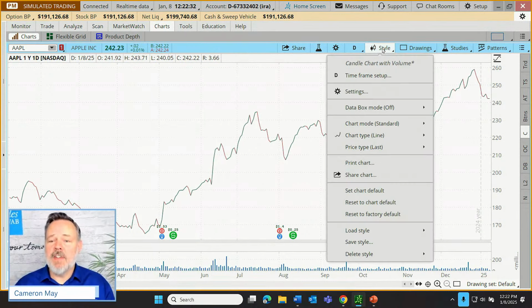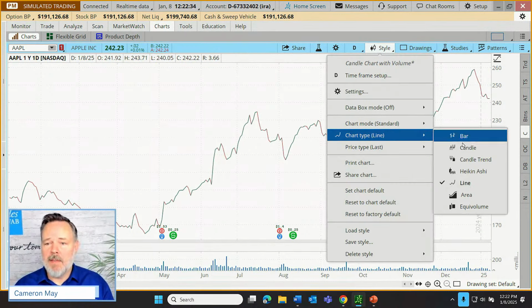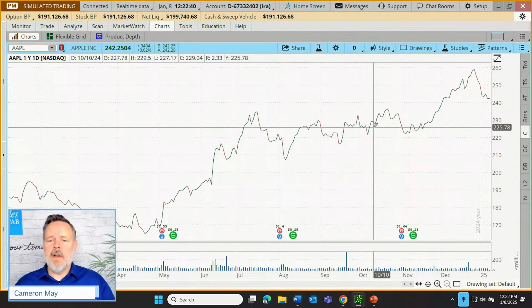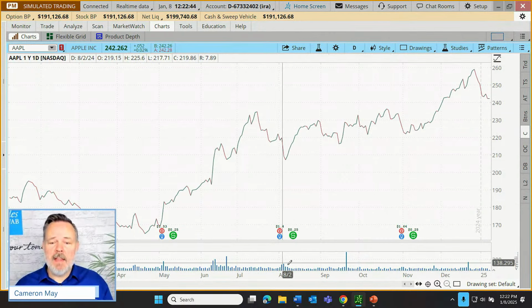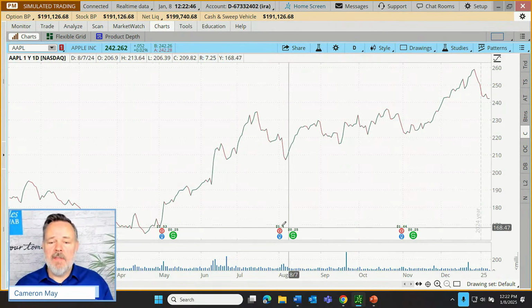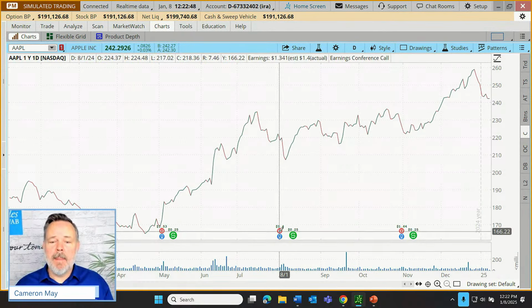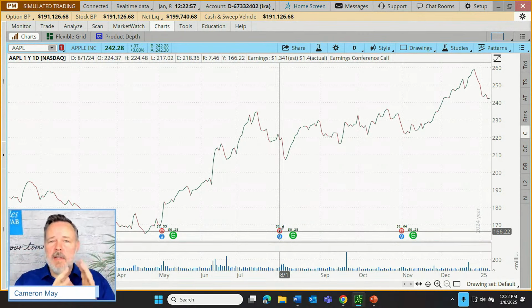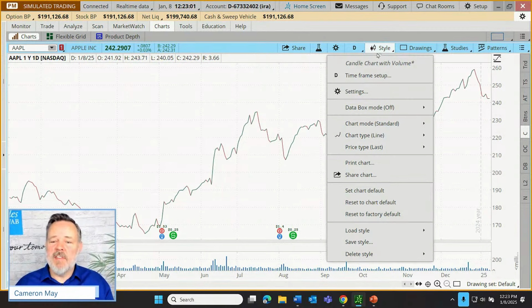So there are lots of other styles of charts that might be selected. And if we have a preference for multiple styles, and actually other customizations that are made, for example, the fact that I've added volume and the fact that I've added our corporate actions here, could generally be included in that concept of a style. These are customizations that a trader's made to a chart. And so for some, they actually prefer to save that style.